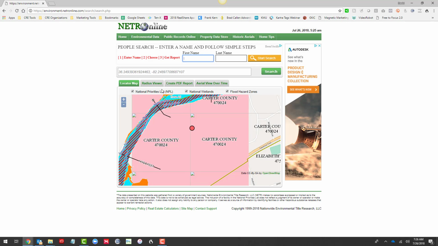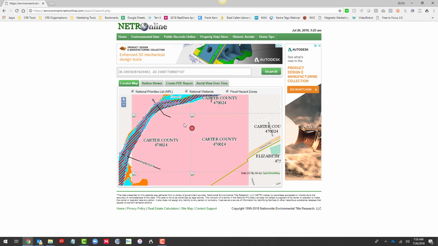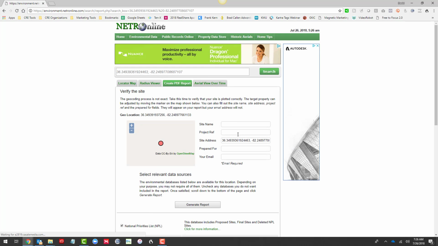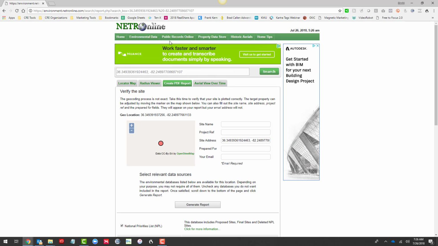The national priorities list, which is published by the EPA, covers different hazards that may be in the area. You can create a PDF report. Once you come here, just put in your name, your email address, hit generate report, and it will email the report to you. So I wanted to show you that, but more importantly, if you come over here to Public Records Online,